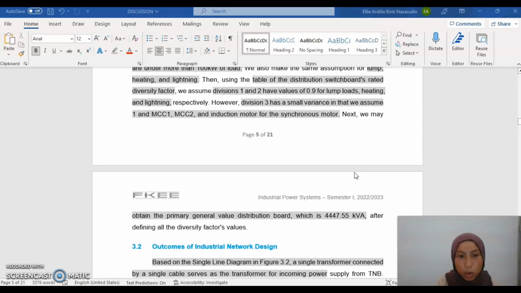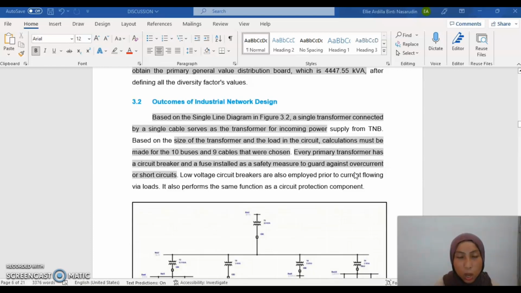So at the end, we obtain the primary general value for the distribution board, which is 4447.45 kVA. Okay. And then for 3.2, which is the outcome of the industrial network design, which is for the single line